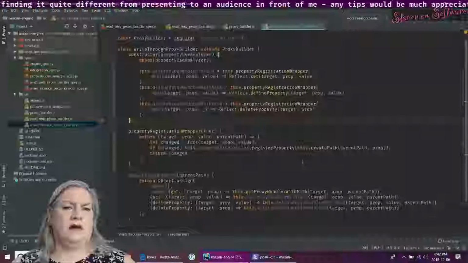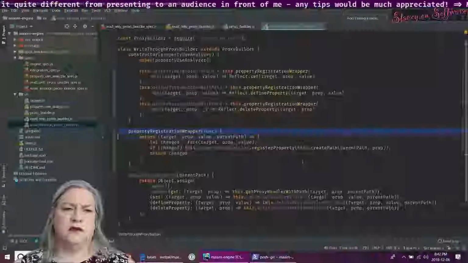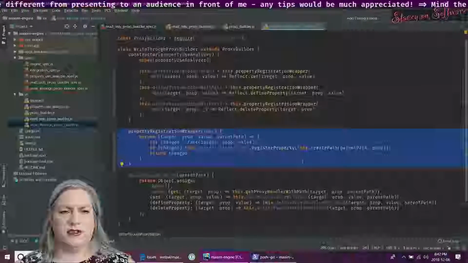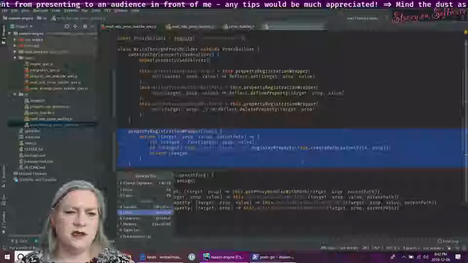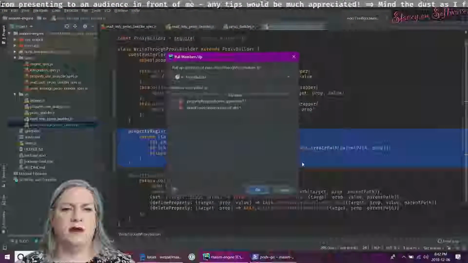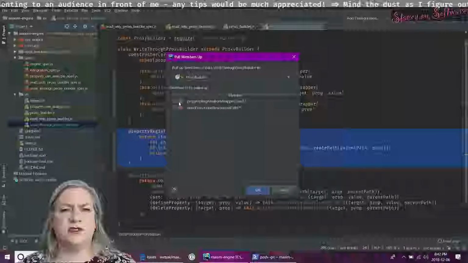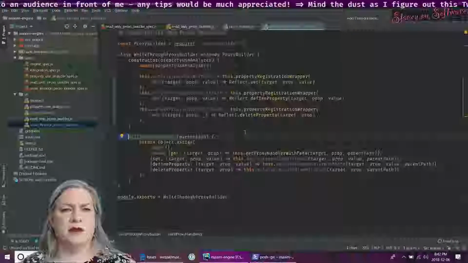Now, this probably doesn't need to be here, does it? What if I pull this up? Will it let me do this? Pull members up. We're going to pull up the property registration wrapper, stick that into proxy builder.